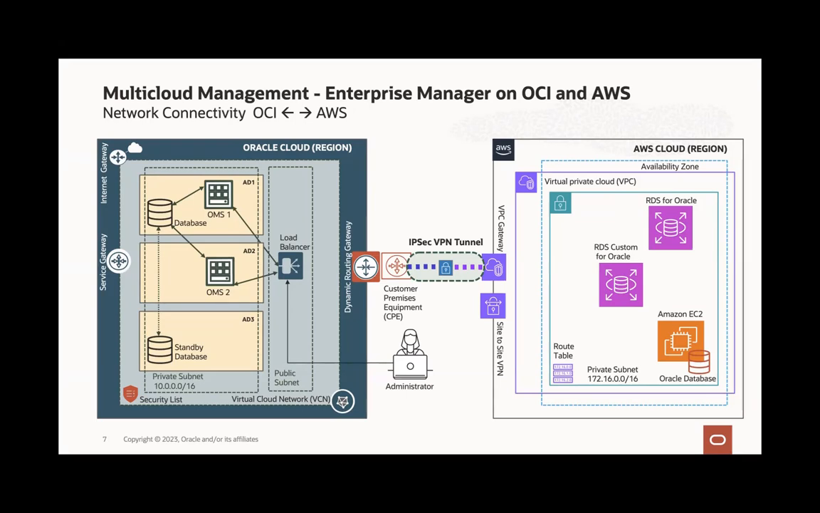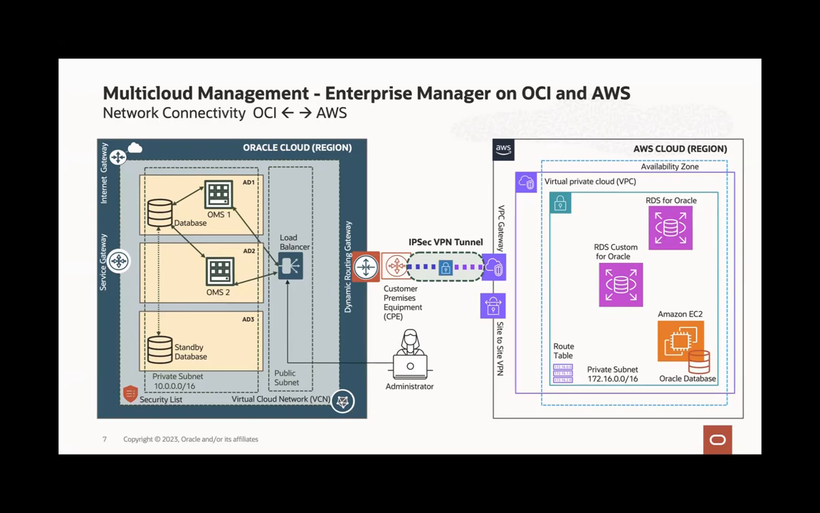So the IPsec VPN tunnel provides a secure and encrypted connection between OCI and AWS VPC, ensuring secure communication and data transfer. With the CPE and Virtual Private Gateway connected via the IPsec VPN tunnel, Enterprise Manager can efficiently monitor the health, performance, and availability of RDS Oracle databases in the AWS environment. The secure and encrypted nature of the IPsec tunnel ensures that the sensitive data remains protected during transit, addressing concerns about